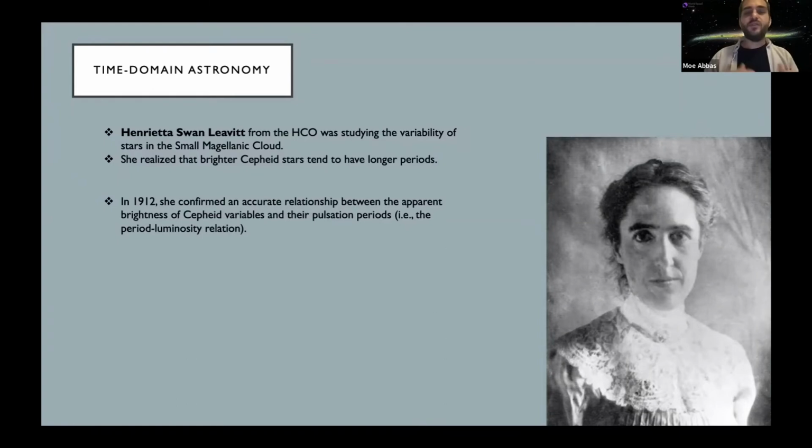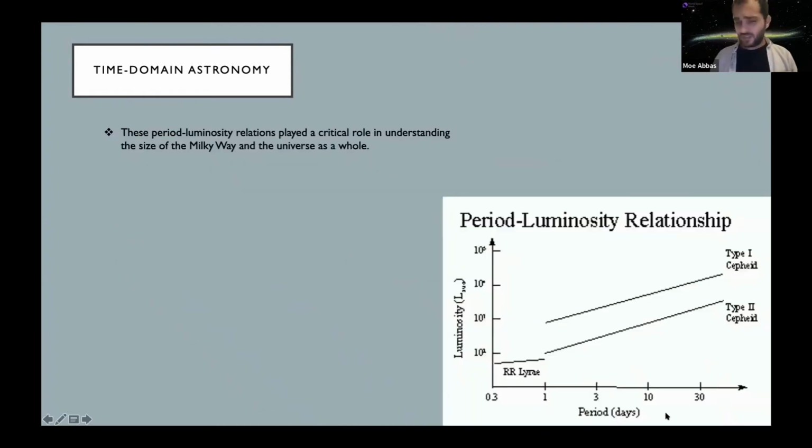The thing is, we have different types of stars. But why are these stars important? It's because once you detect a variable star, you can actually find its distance, and that was very important. Because when these astronomers were detecting these variable stars, they were able to come up with different